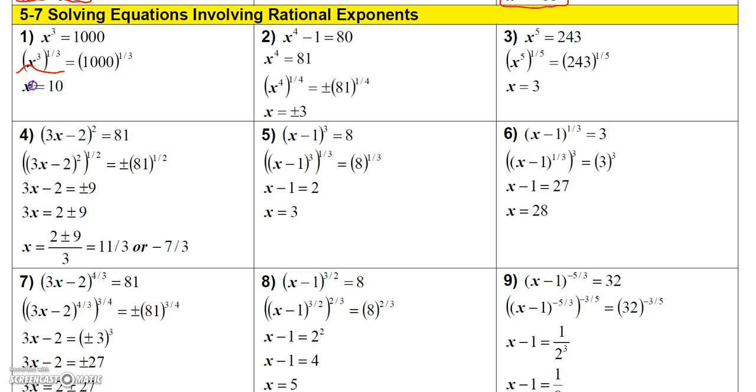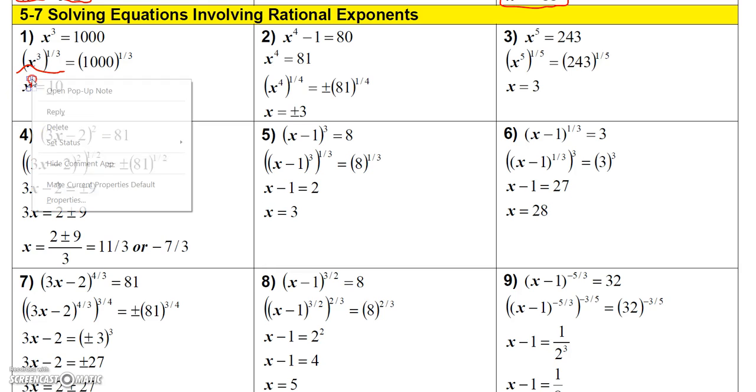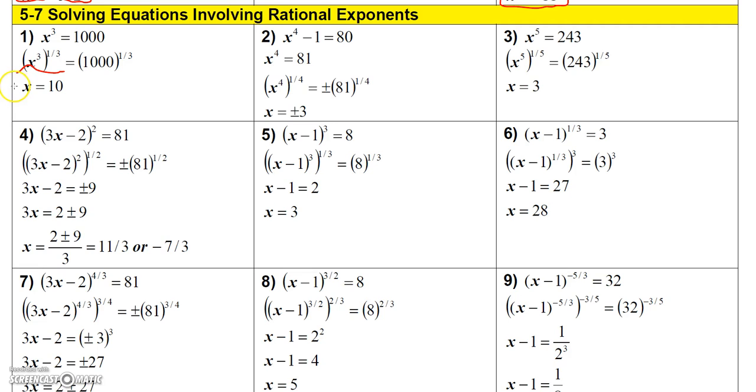So this would simply be x to the first power. So then that would just give me x. So if I raise this side to the 1/3 power, that's just going to give me x. Well, then I would raise 1,000 to the 1/3 power. Now, if you think about what happens when you raise something to the 1/3 power, you just take the cube root of it. So if you raise 1,000 to the 1/3 power, that's just the cube root of 1,000,